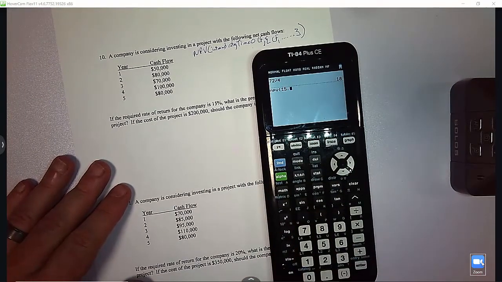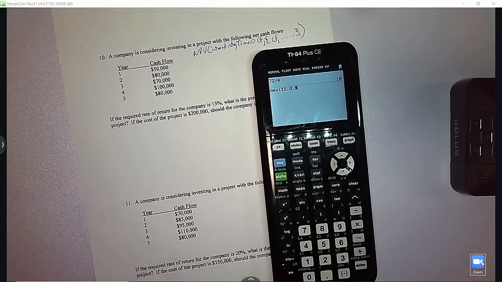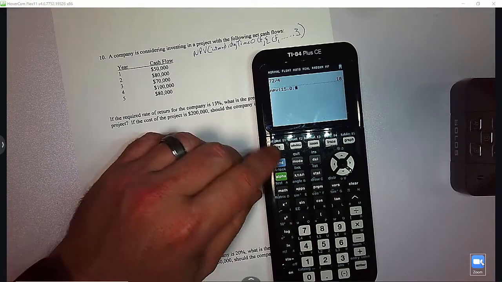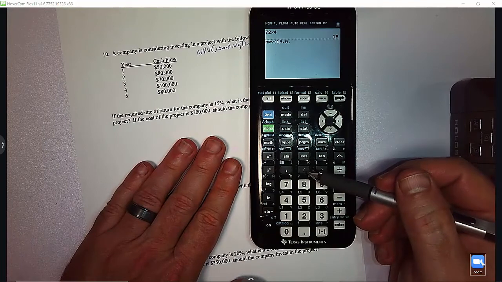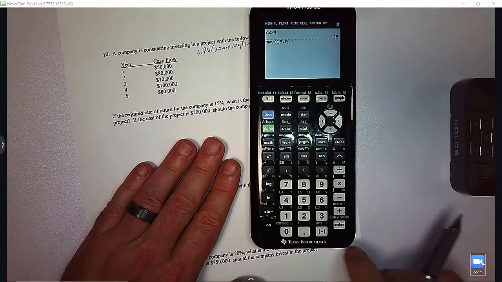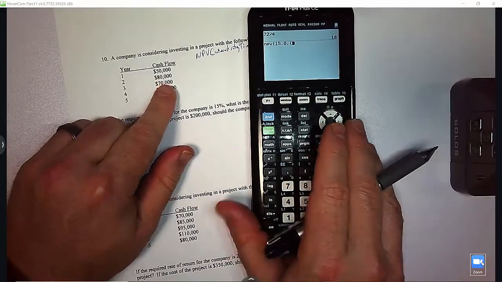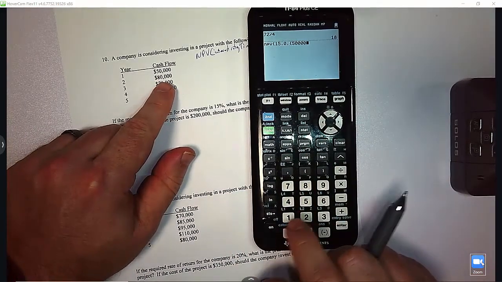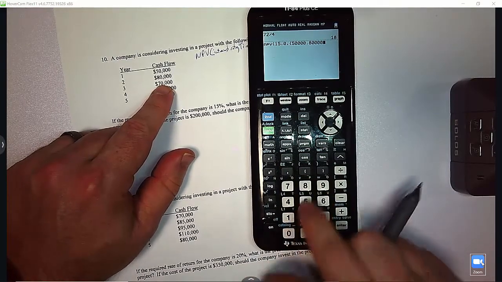My time 0 cash flow, as I just mentioned, is just 0. Okay. And then a comma again. If you don't put that comma in, you're going to get an error message. Then I'm going to press second. And you've got the curly parentheses above the regular parentheses. So I'm just going to press my regular parentheses there. And then I'm going to type in my cash flows. So $50,000, comma, $80,000, comma,